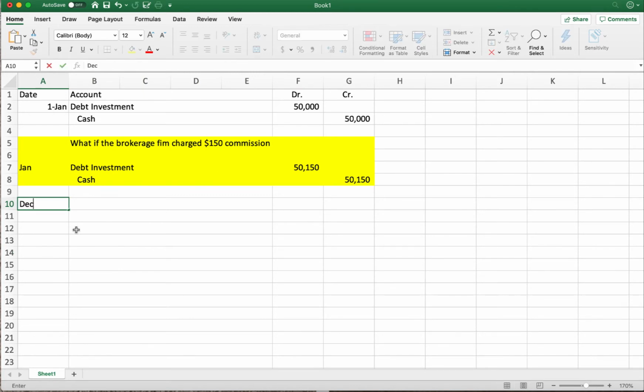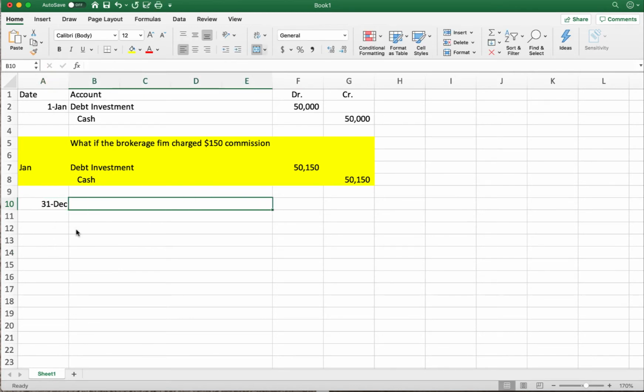It says on December 31st, we need to record interest, right? We've earned a year's worth of interest. We didn't get paid yet. We'll get paid on January 1st, 2018. But it's the end of the year, right? For financial reporting purposes, we need to recognize the fact that we earned interest revenue. So since we're not getting paid, but we're entitled to that payment, we need to debit interest receivable